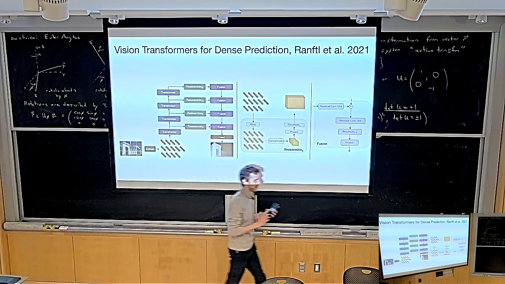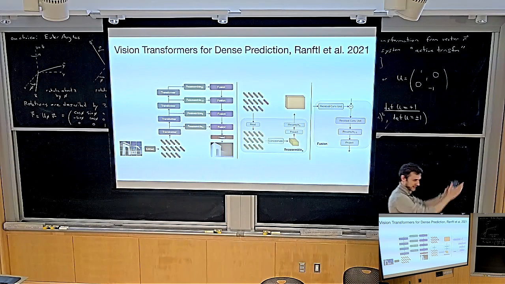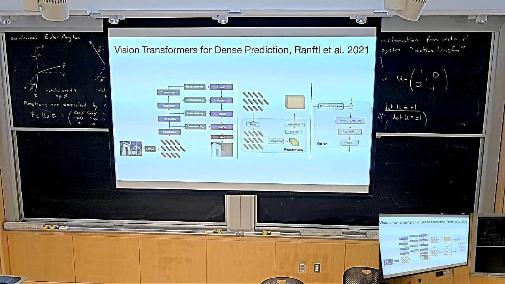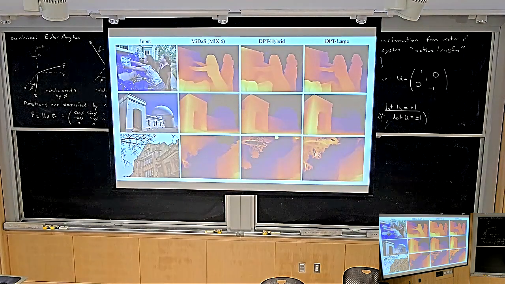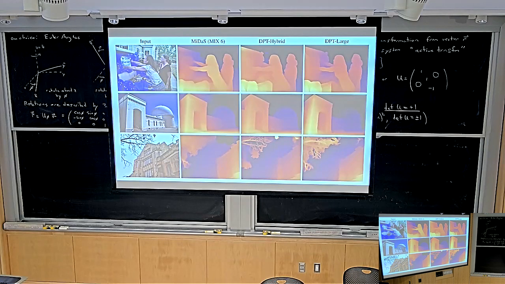Now we have lots of figures in our paper that say this is how our transformer architecture looks like. So kind of same thing. And then they basically do some fusion, which I'm going to talk about. The thing that is important to look at is the depth maps that you get out of it. And this is starting to look quite good. So remember the depth maps you looked at from 9 years ago? So this is the depth maps you get out of this from 2 years ago. So stuff is starting to look pretty good.